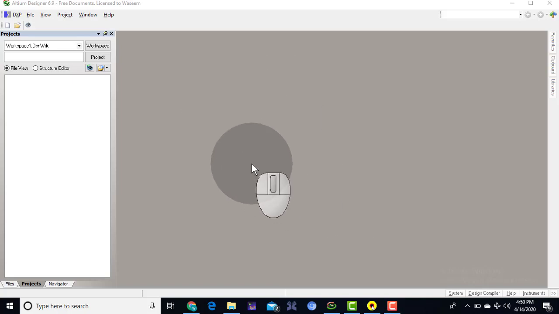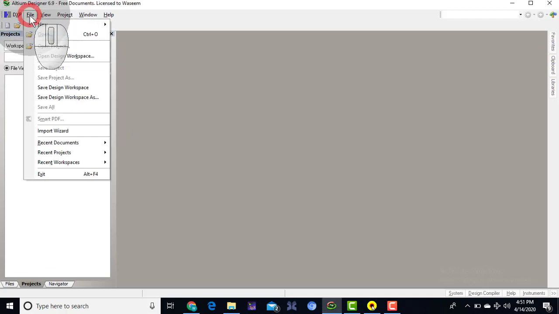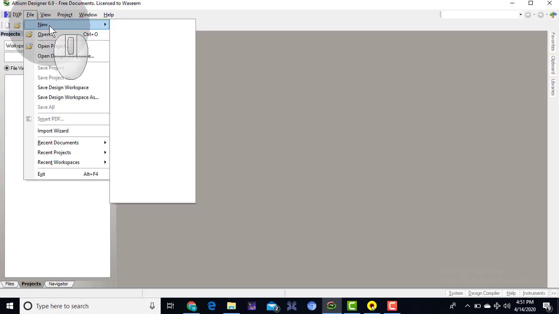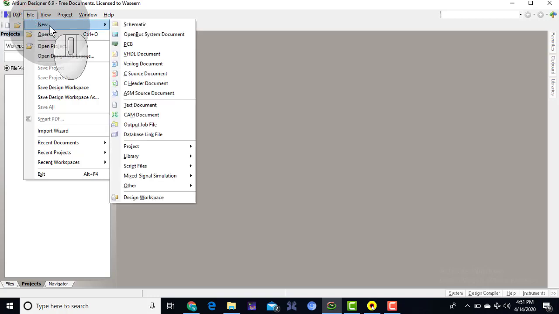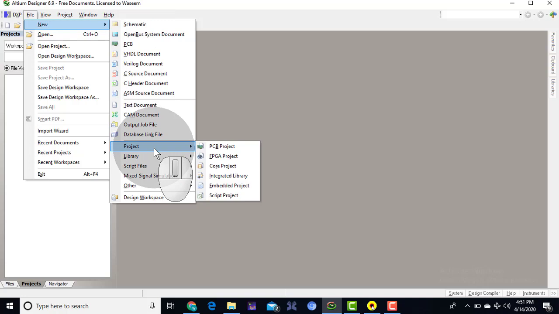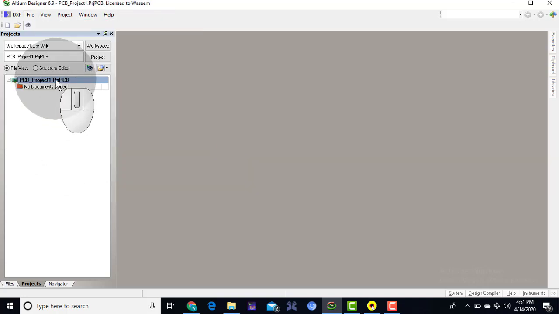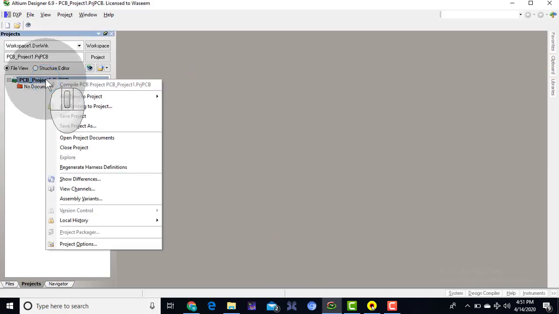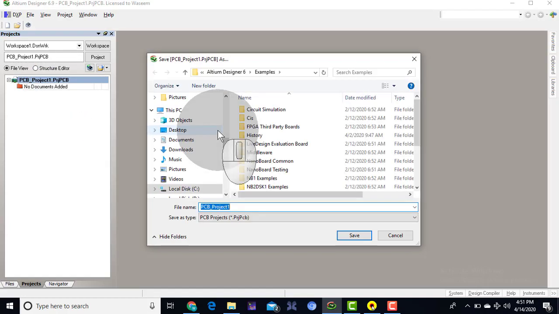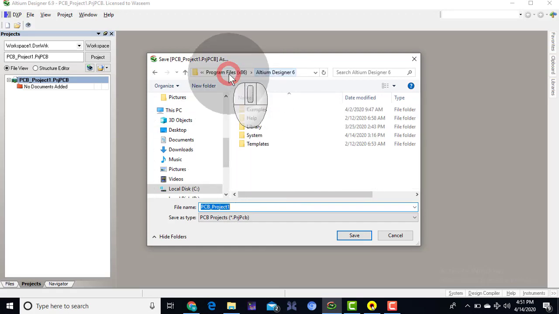In this lecture, I will give an introduction to Altium Designer. Let's say we are going to create a schematic project. First of all, we will select a PCB project in the project category, and then we will need to save the project and rename the project. So we select save as project, and let's say we save it as